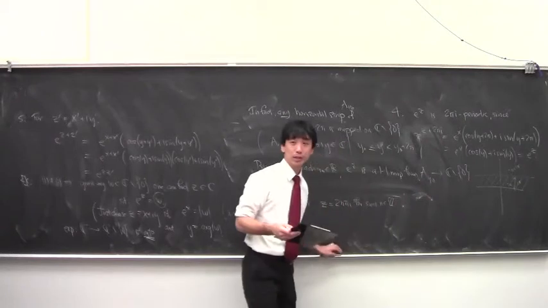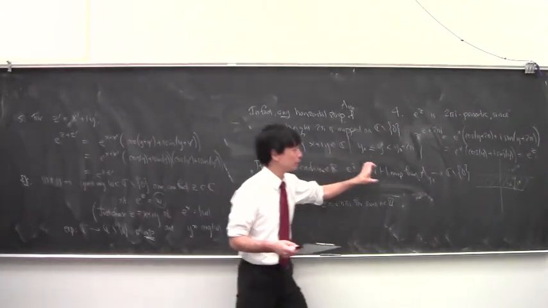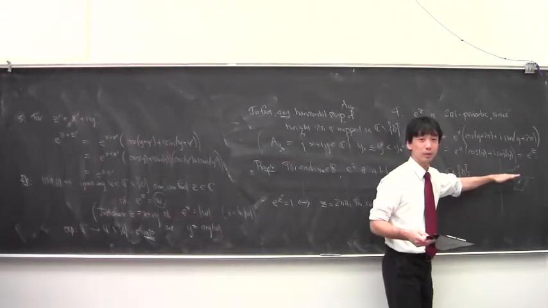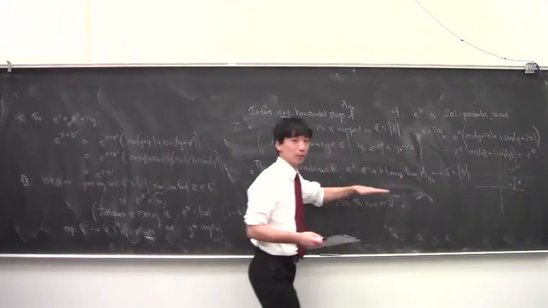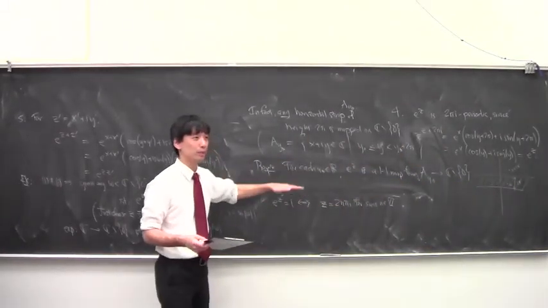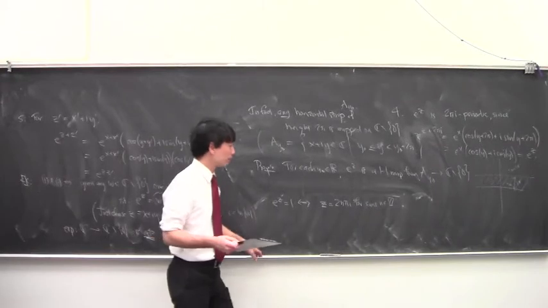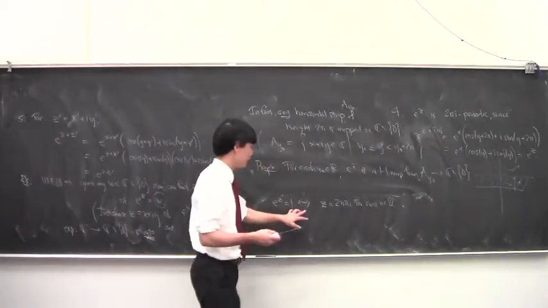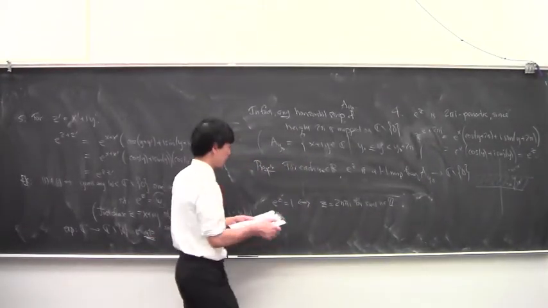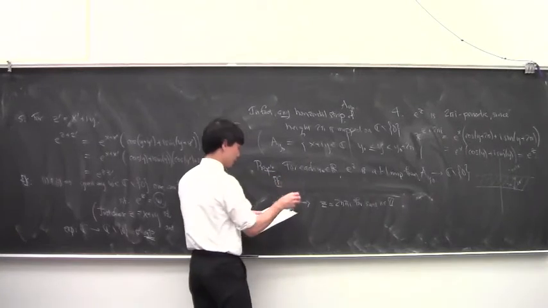Okay. So if we restrict the exponential map to any one of these strips, it's actually a 1-to-1 map from there to the plane. And the proof involves this fact. The only thing we need to show is that